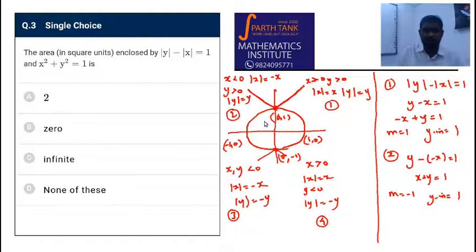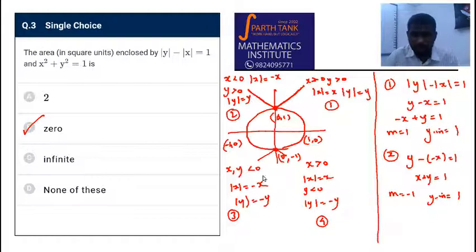So basically the lines and the circle do not intersect, but they only touch at one point. So they don't enclose any area between them. Between the lines and the circle, you can say there is an infinite area, all this area, but no. The proper thing is that within this circle, the area enclosed by the circle and the lines is 0. They are not actually enclosing any area. Okay, so the answer is option B, 0.